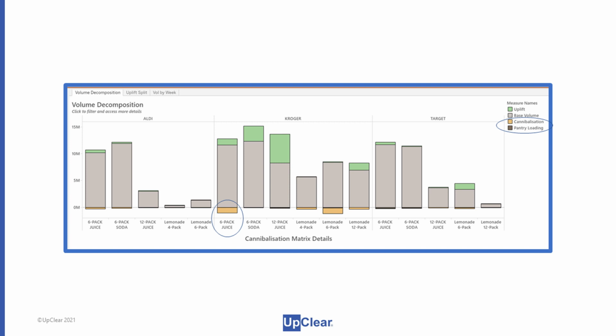Yeah. So when you think about then achieving your goals, let's say you start fine-tuning that, you may not realize that there could be some bleeding around the edges that are undermining your ability to achieve your goals. So in this little example here, those green bars on top are your uplift and your lift and what you're trying to get to with this six-pack juice, for example. But you're bringing it down by cannibalization, right? And so